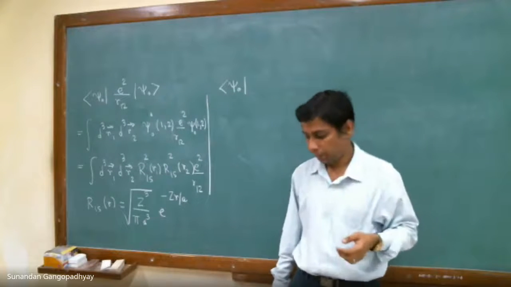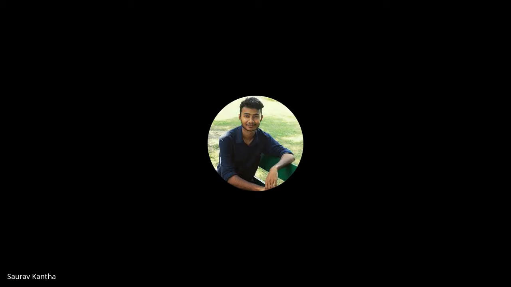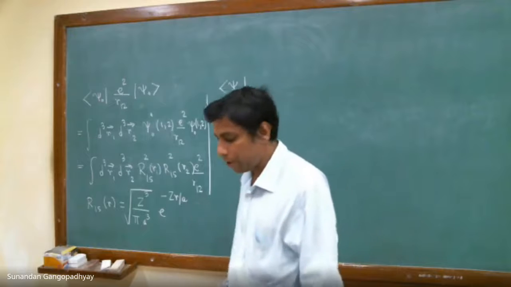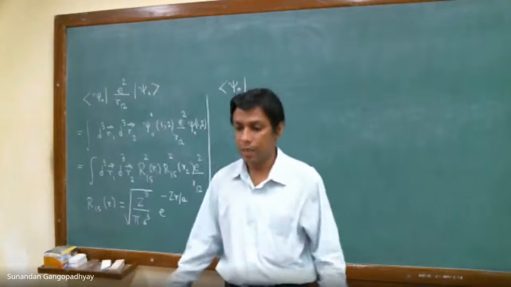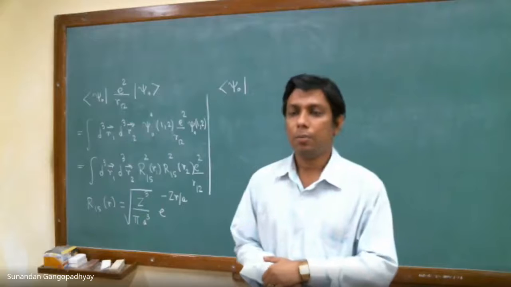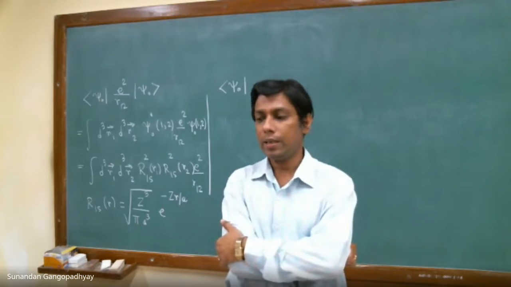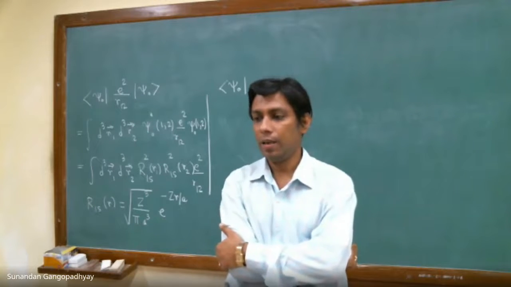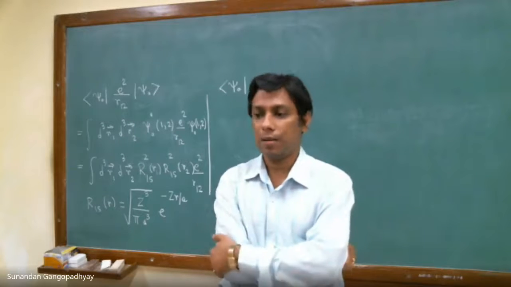Sir, I have a question. Yes. Why is e square over r12 not taken as an operator? Why should it be an operator? Because it has 1 over r, right? Yeah, but it is part of the potential, right? But this is any function of the potential. The potential is in general, if you recall in quantum mechanics, in the Schrodinger equation, the potential is basically a function of the coordinates, right? So when it acts on the ket, it will give you the eigenvalues directly. Whether it is 1 by r or any power, it doesn't matter.